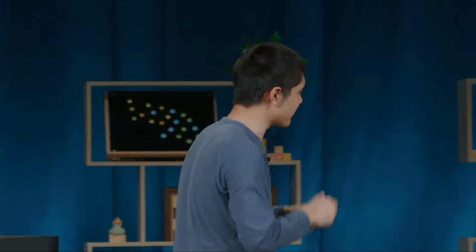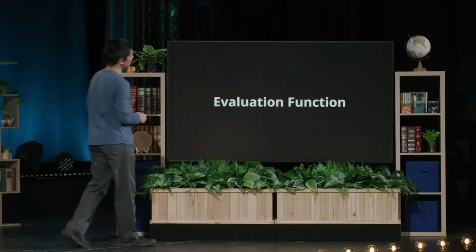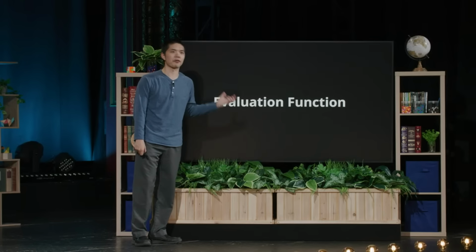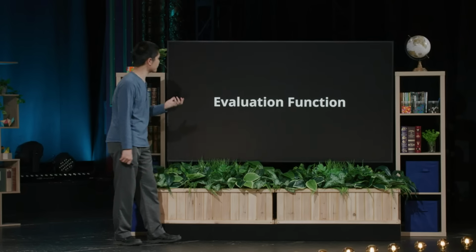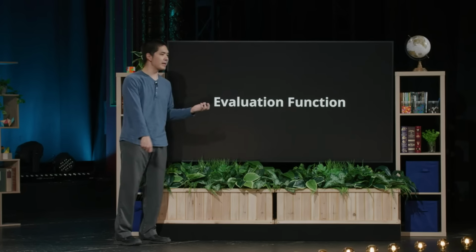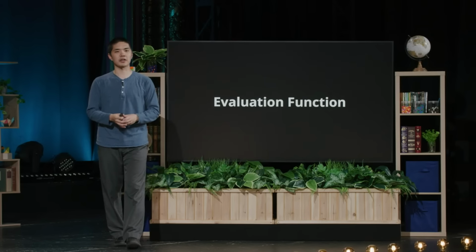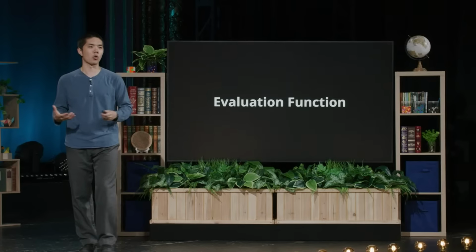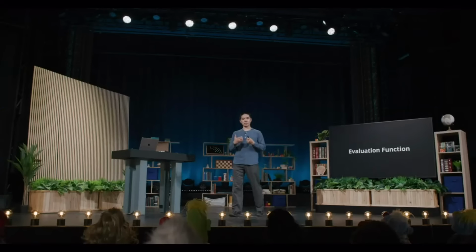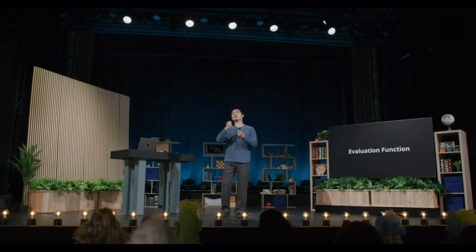So when using depth-limited minimax, what we then need is something that we call an evaluation function. And what is an evaluation function? Well, an evaluation function is something that's going to take as input a game state, like the current position in a game of tic-tac-toe or a game of Go or a game of chess, and it's going to produce as output what it thinks the value is going to be. Before, when we used minimax all the way to the end of the game, we knew for sure. We knew definitely X is going to win, definitely O is going to win, definitely it's going to be a tie, and we assigned numbers to those.